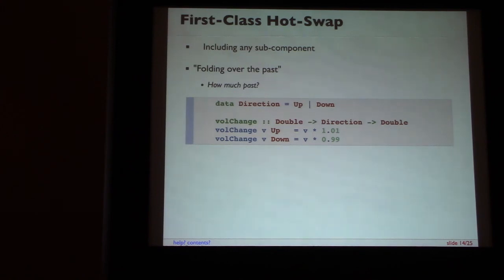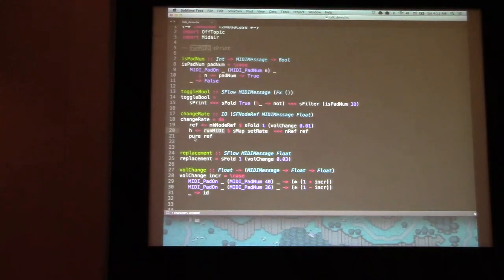Yeah, it wasn't clear to me what you were doing. Were you typing into an editor or reloading the program? Were you pressing tabs on the keyboard? Yeah, so I wish I had been able to make that clear. I actually made this a bit more verbose so that what was hidden was actually less. So in the REPL, all that I did was I called change rate, bound the value of this ref in GHCi, and then called hot swap on R with replacement, which is the replacement function.